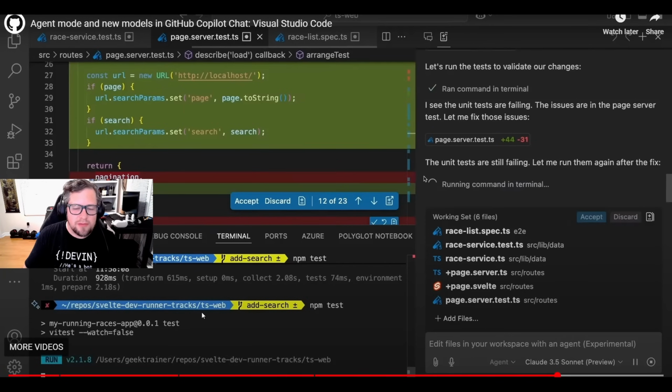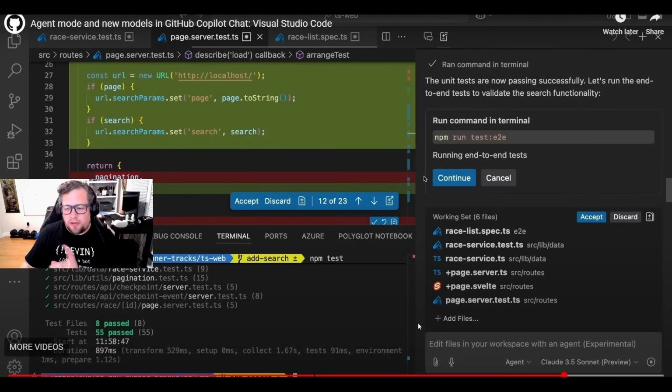This is very similar to Roo Code because it'll see something failed and then go back and fix it. I haven't actually tested it with my unit tests before, so I want to see if I can do this in Roo Code. But this is really cool because he actually called out updating the unit tests and it picked up that he needed to run those tests. Another thing to point out is he's using Claude 3.5 Sonnet, which I do believe is